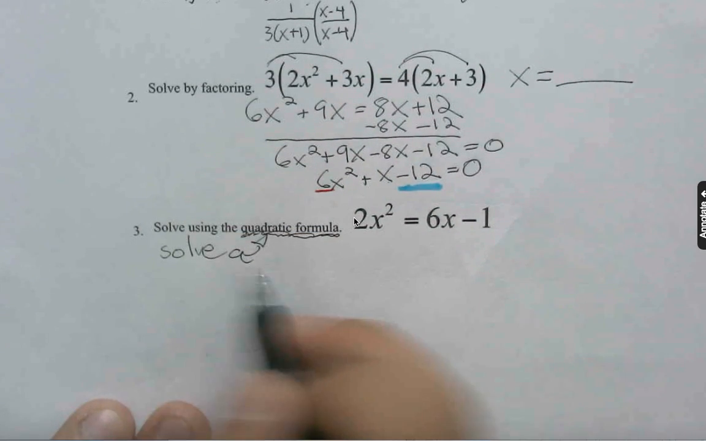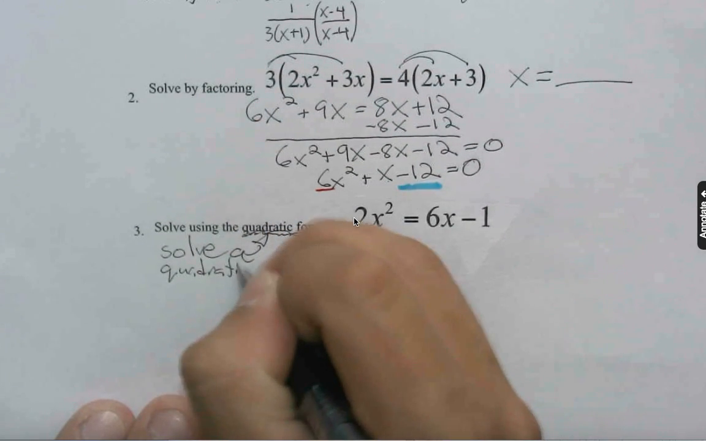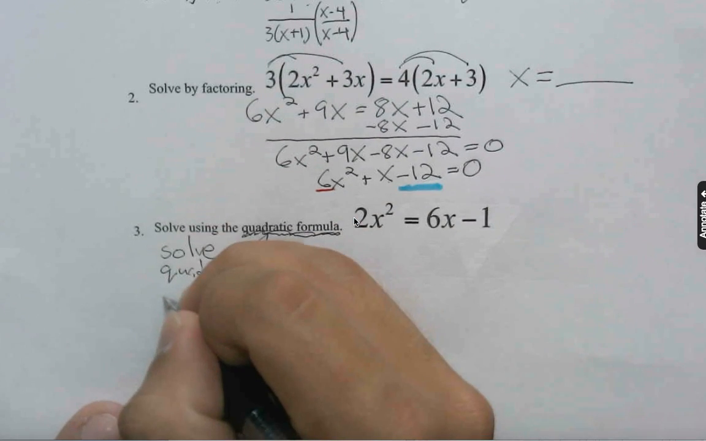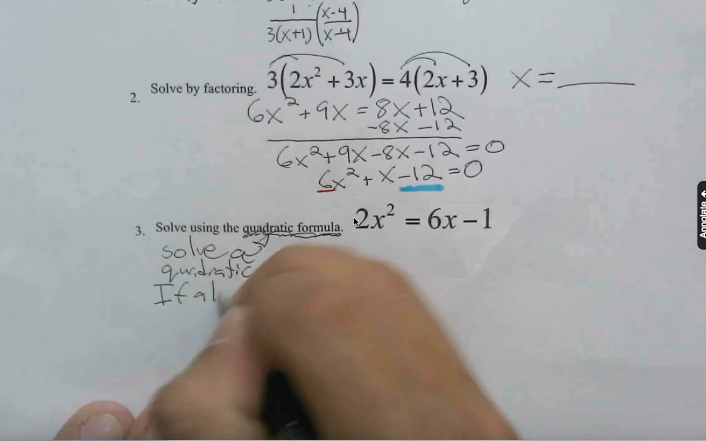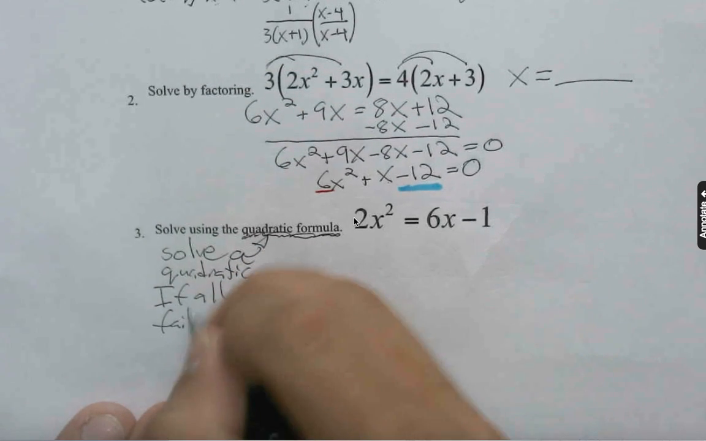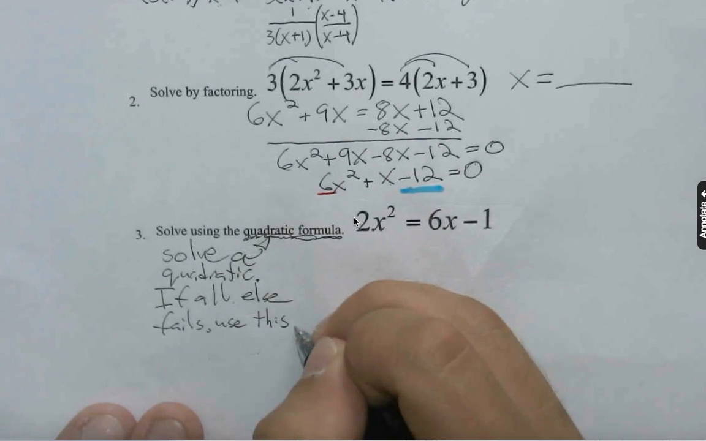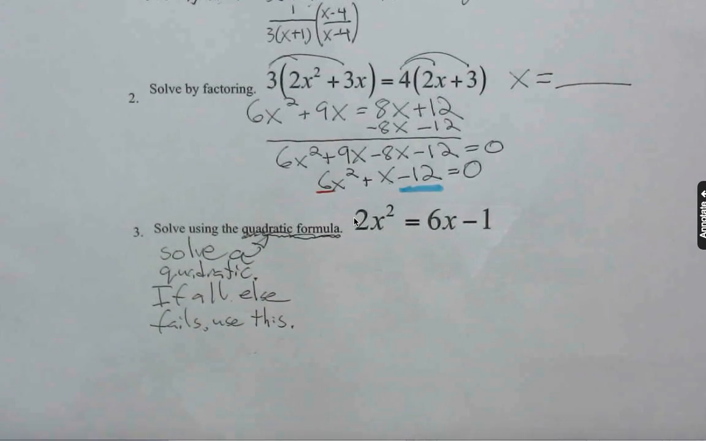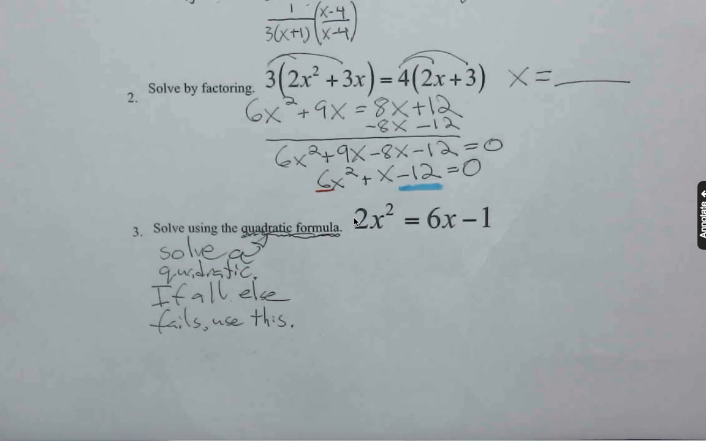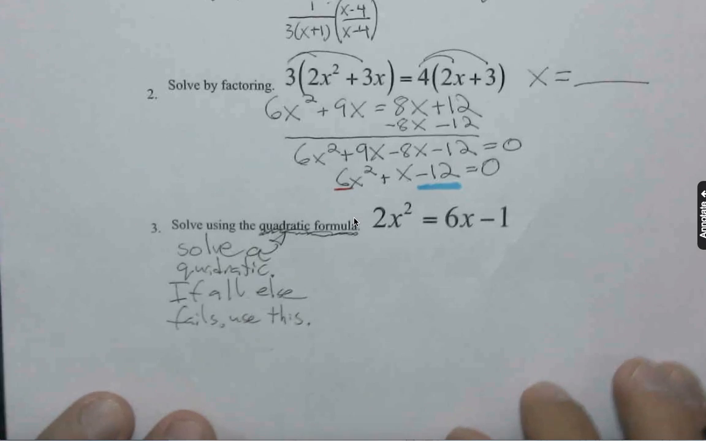So this helps us solve a quadratic, and it's kind of the worst case scenario. So if all else fails, you can use this, meaning you can't factor it, you can't factor by grouping, you can't use completing the square if you know how to do that. So if all else fails, you can use this. And if you need that refresher,